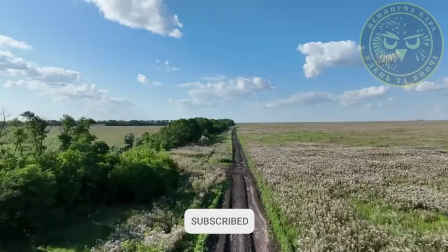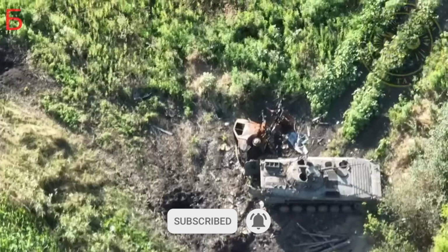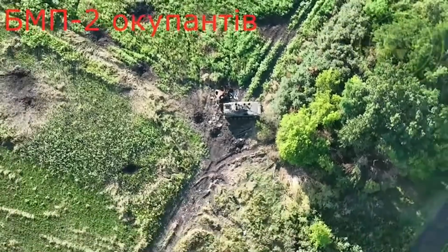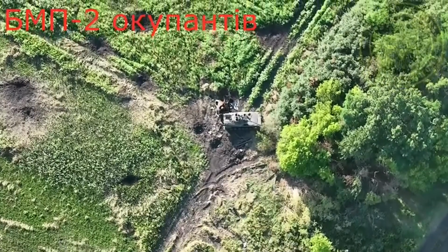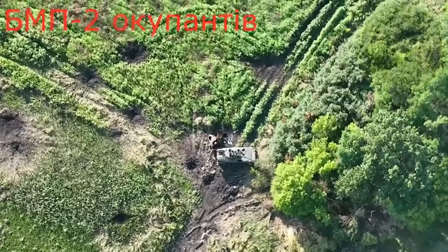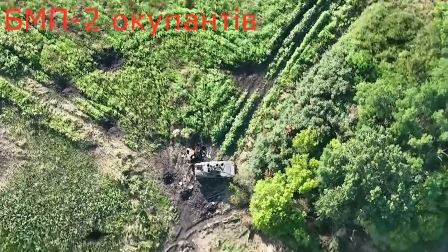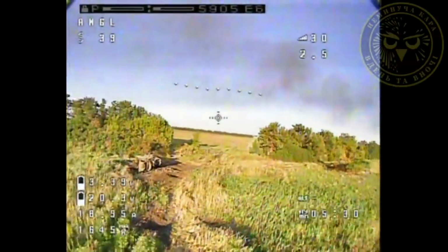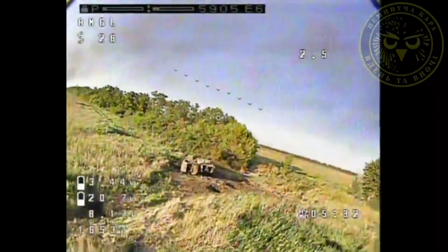As a lot of Russian equipment gets damaged and then abandoned, it's mostly up to the Ukrainian drone army to clean the battlefield, taking out the equipment completely, making sure it can't be brought back into service. Luckily for Ukrainian drone operators, as Russian operators abandon their vehicle, they often leave the doors and hatches open, leaving